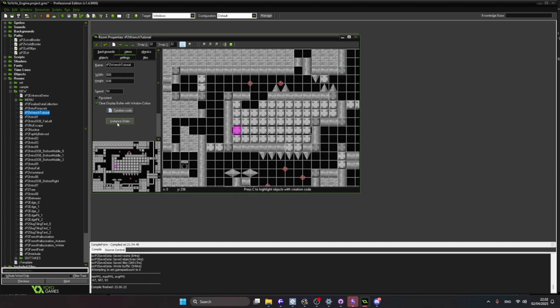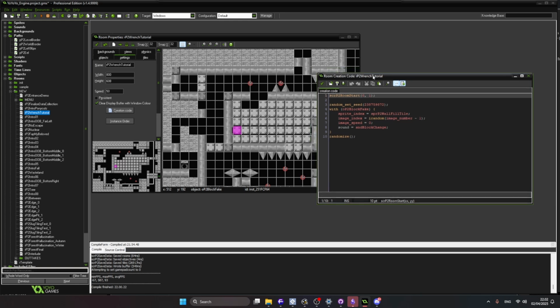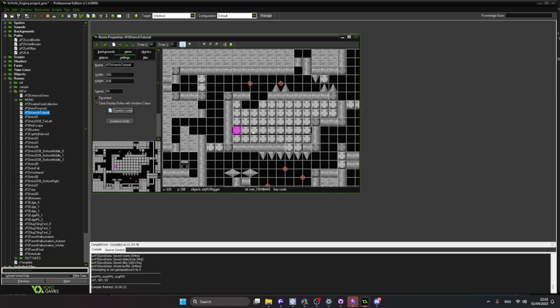I actually think that I do something here. Random set seed? What the fuck? Oh my god. I don't even want to look at this. This is scary. Oh, right, it's actually stretched. Yeah. So,